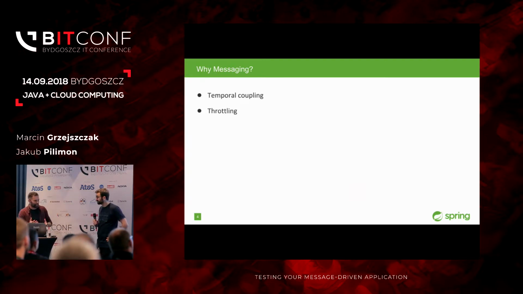How about this? If the second process is very slow, not very performant, it can get the messages at its own pace. So you have a throttling mechanism built in, and you don't rely on the performance of the downstream application. Instead of pushing a message, like an HTTP call, the application will pick as many messages as it can. Okay, good.